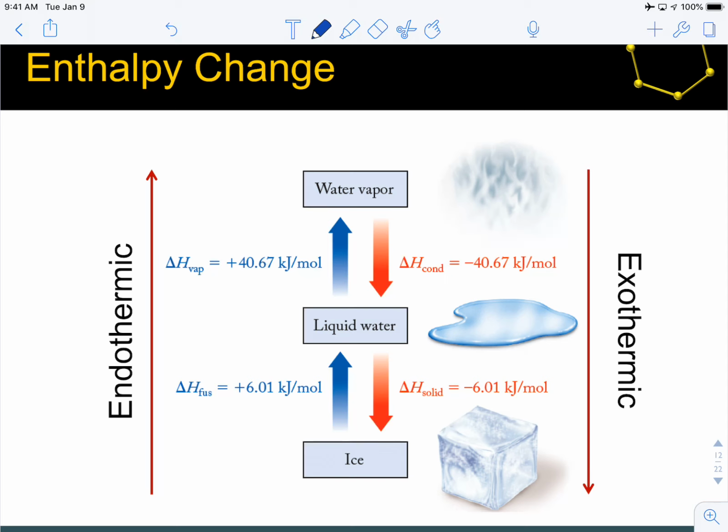Okay, and it's per mole, obviously, because it's an extensive property, so it has to be per some amount of material. And vaporization is converting the liquid water to vapor. Notice the difference in the magnitudes. It takes a lot more energy to go from liquid water to vapor than it does to go from ice to liquid water. And that's because in this case, you're actually breaking all the bonds that associate the water molecules together, not the individual covalent bonds that hold oxygen and hydrogen together to form the water molecule, but what